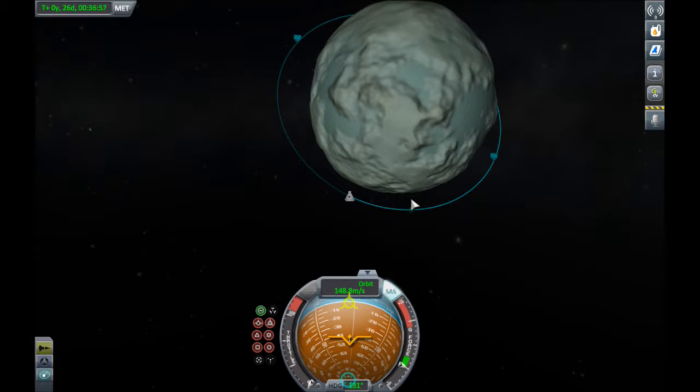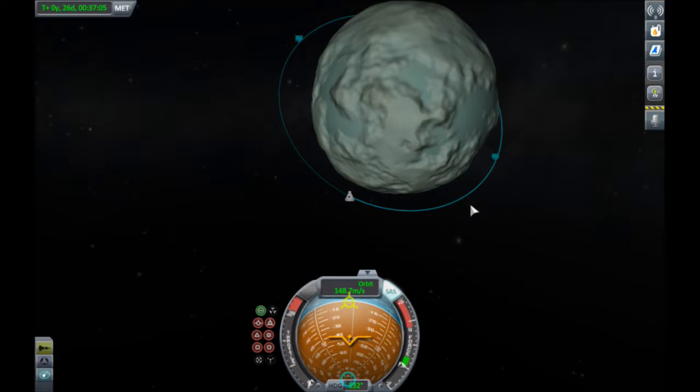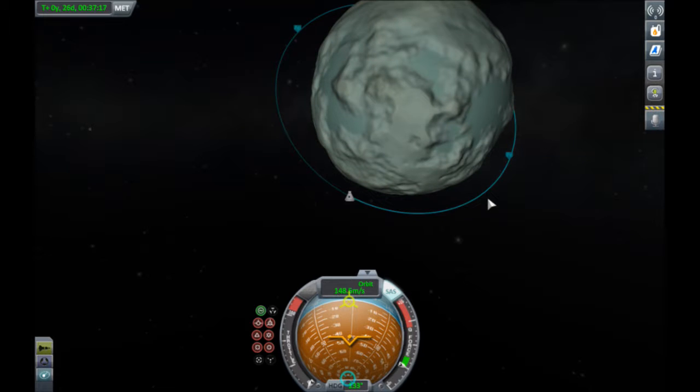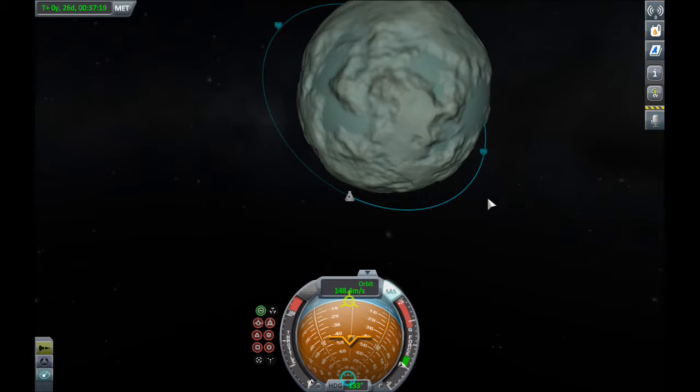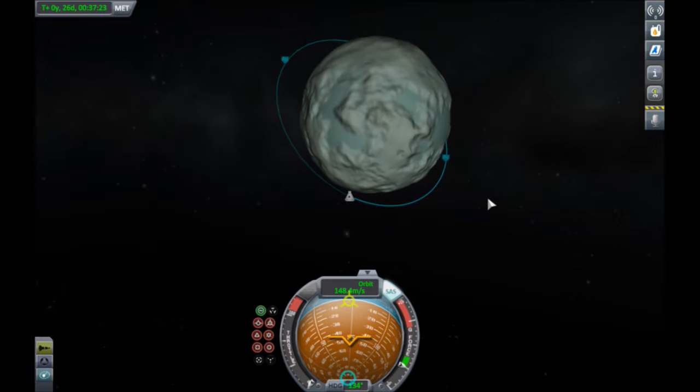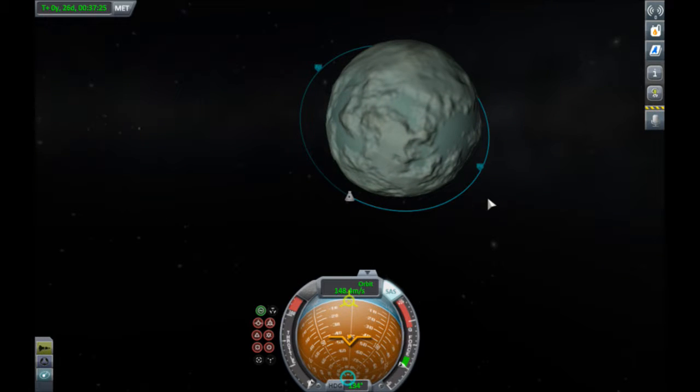And really, the skills we learn here are going to be exactly how you land on any body in the Kerbal system. The only difference is when you have an atmosphere, you can use that to help yourself slow down, and you can use it to parachute down to the surface. Most of the bodies in the Kerbal system don't have an atmosphere, so every landing you do is going to be a version of what you're seeing here,